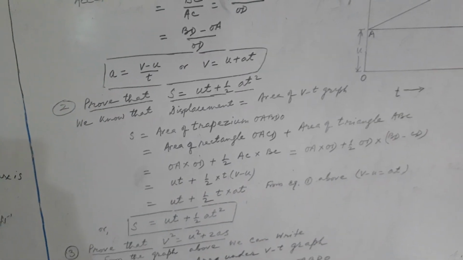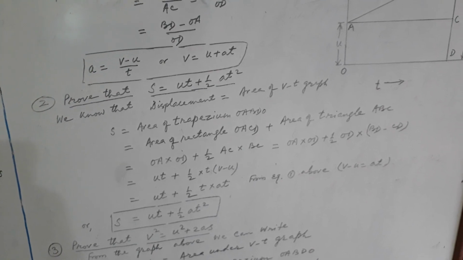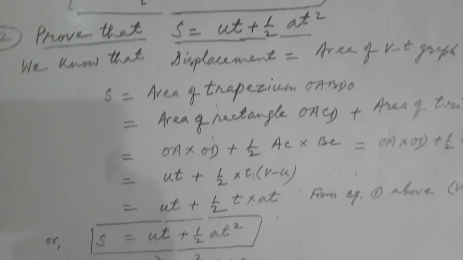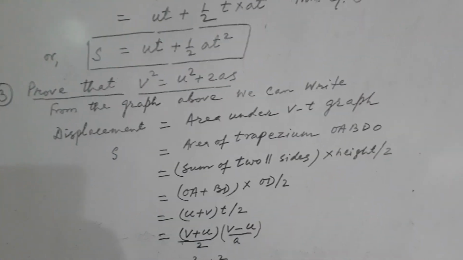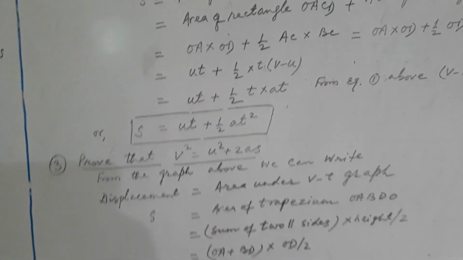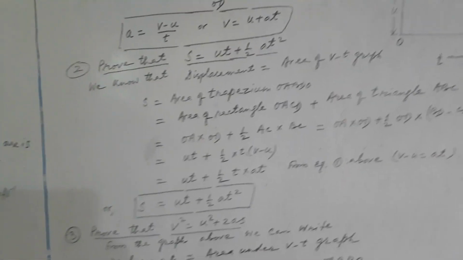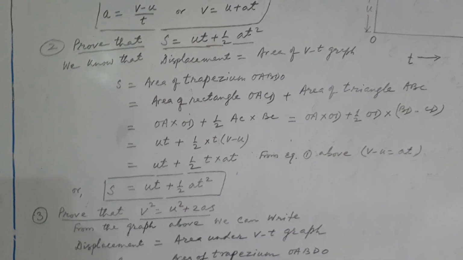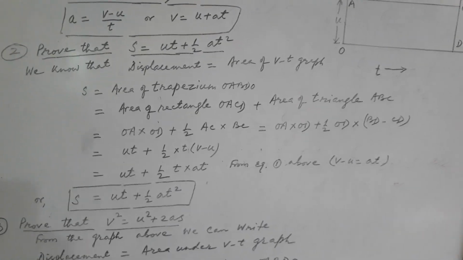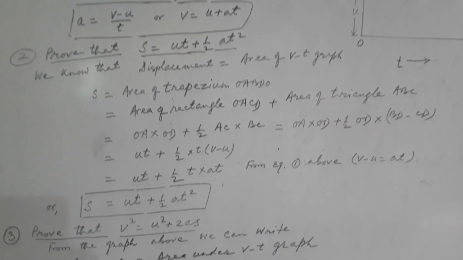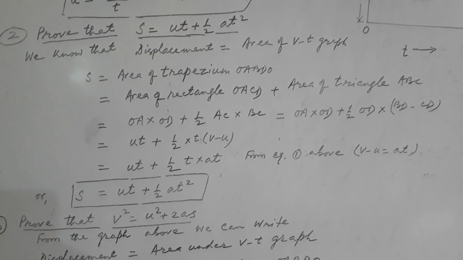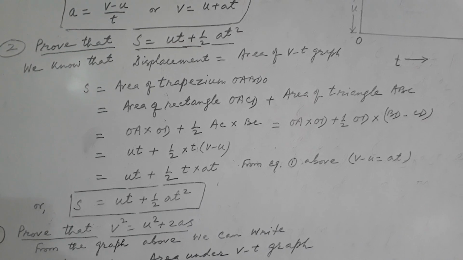Now the second equation is s equals ut plus half at square. Here s is displacement, u is initial velocity, a is acceleration, t is time. So how to prove it? We already know that in a VT graph we can calculate the displacement, and displacement equals the area under the VT graph. Taking this concept, we can write displacement equals the area of trapezium OABDO,